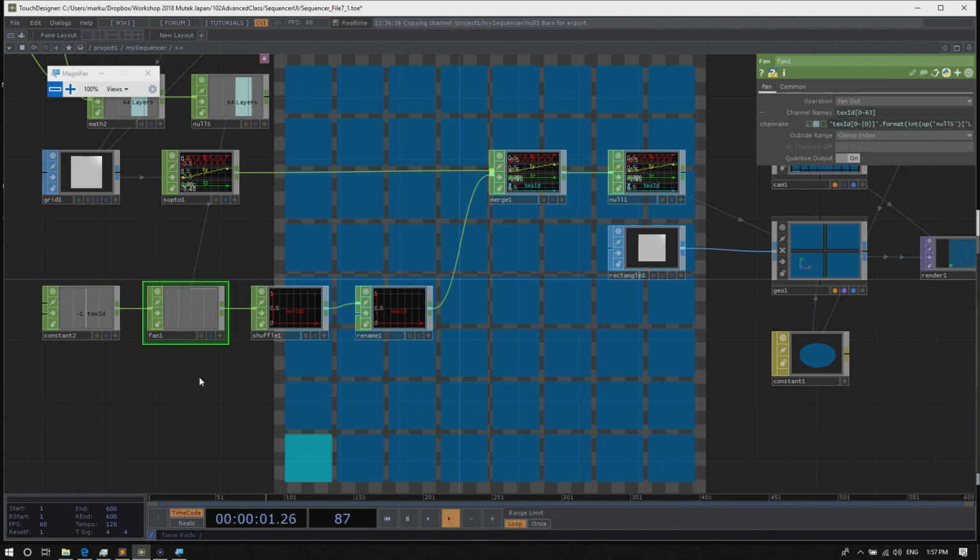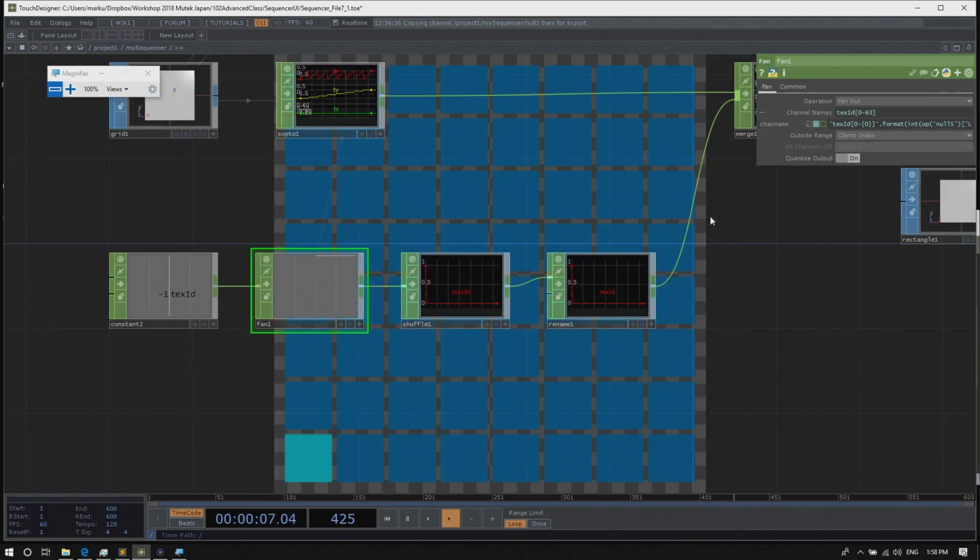One thing is that there's always one button on, which we don't want. This is due to the fan chop having an outside range parameter, currently set to clamp index. So with anything below 0, the first channel will always be on, so the button at the edge is always changed.